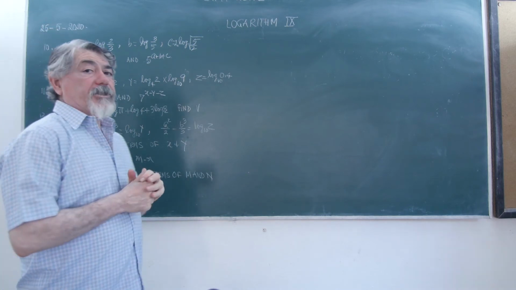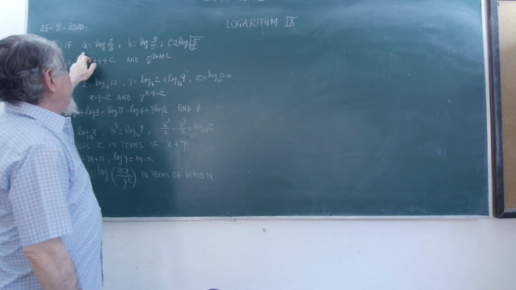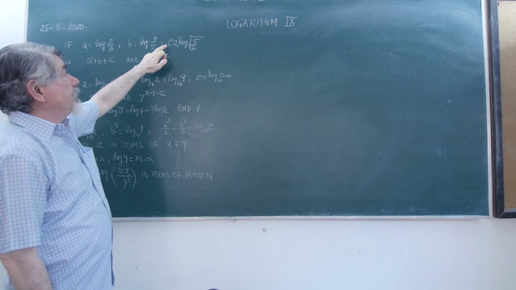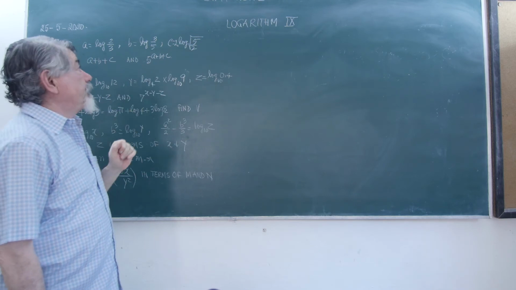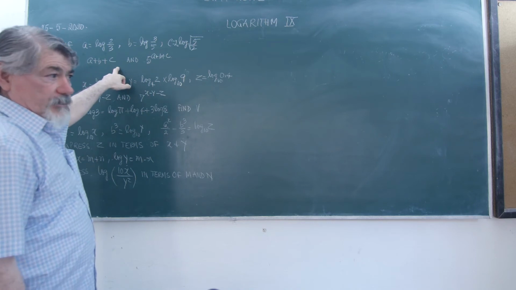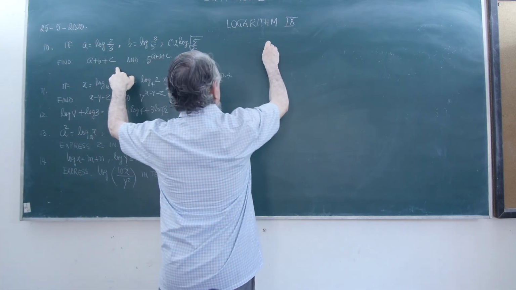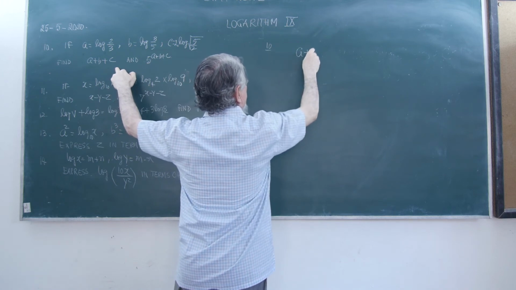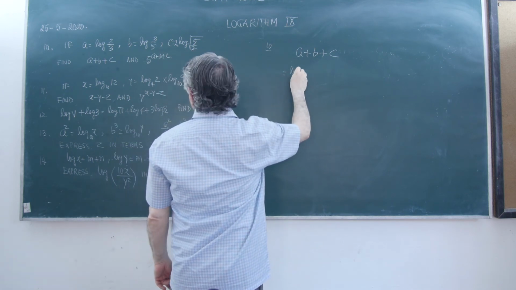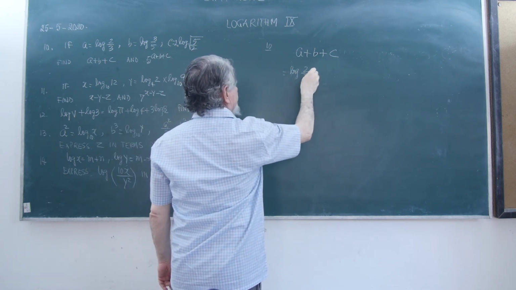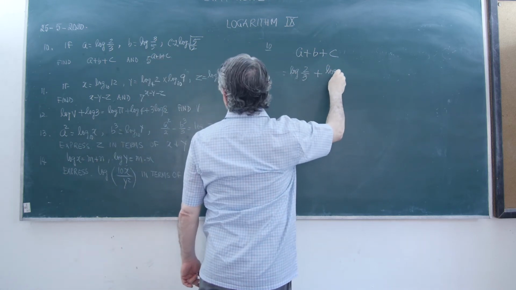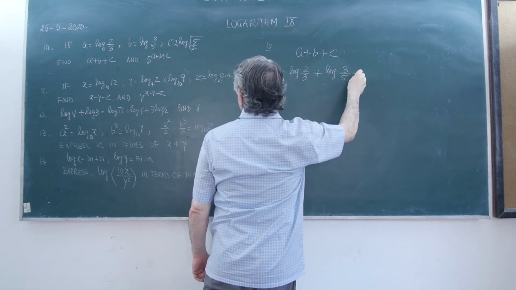Now let's look at question number 10, which says a is equal to log 2 upon 3, b is log 3 upon 5, c is 2 log under root 5 upon 2. He wants to find the value of a plus b plus c. So let us write down what we want to find: a plus b plus c. The value of a is log 2 upon 3. There is no base given, so it means common logarithm to the base 10, plus log 3 upon 5 plus